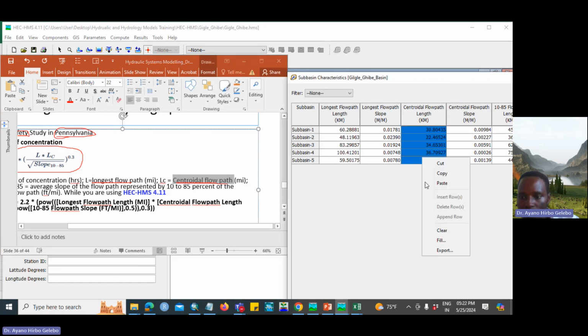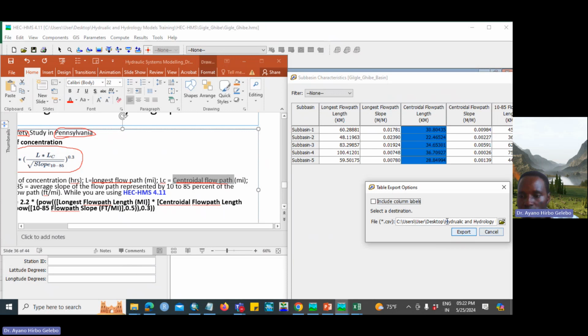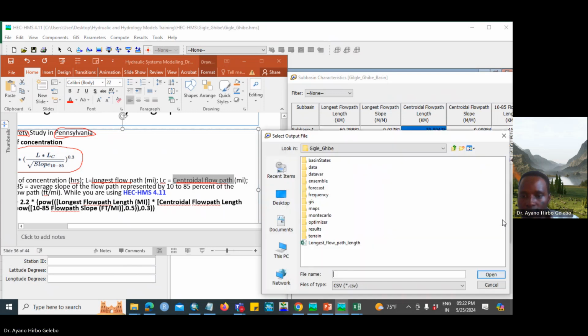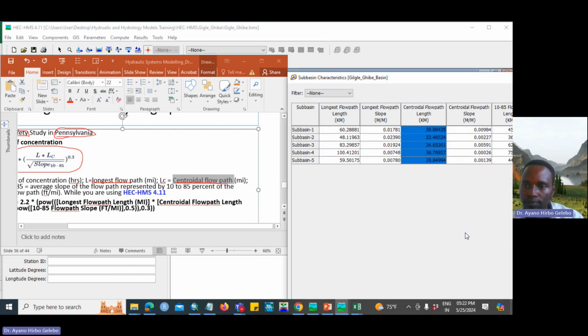Then again, exports. Before exporting, just open, say, paste, centroidal flow path length. Okay, length. Centroidal flow path length. All right. Then they open exports, and